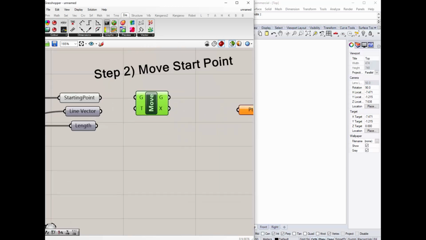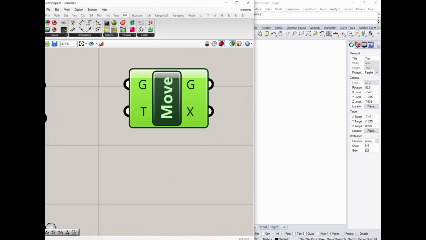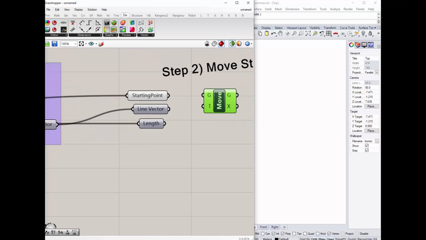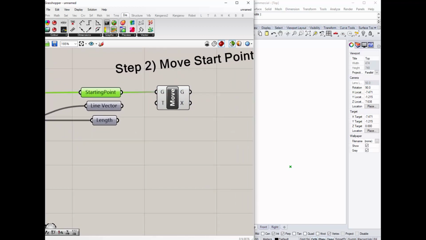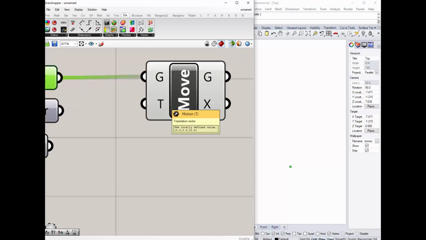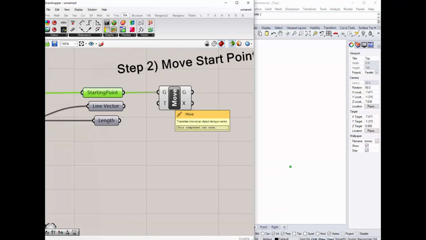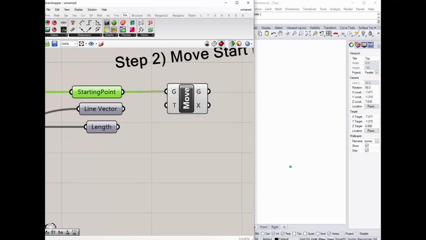So we go move, and what does he take in? Again, hovering is your best friend. Hovering helps you out. Move, it says base geometry. So the base geometry's got to be this guy. And the vector, the T is a vector. So already it comes with a default value. And if we look,